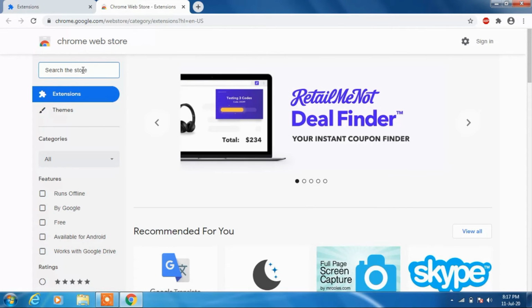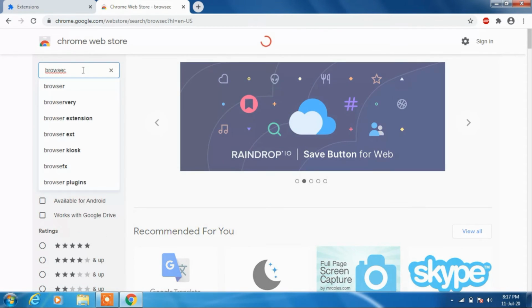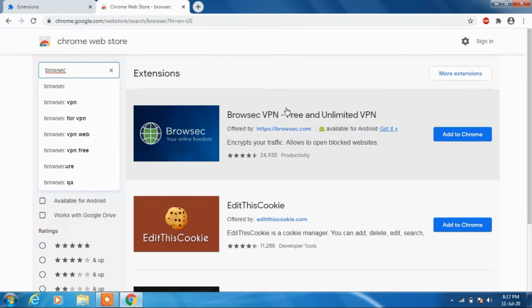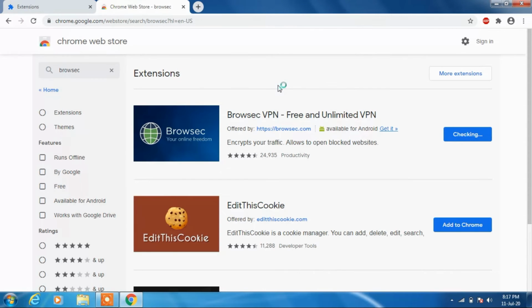Now in the search bar type browsec and hit enter. Now add this VPN, browsec VPN, to your Chrome browser. Click on the button add to Chrome. Click on add extension.